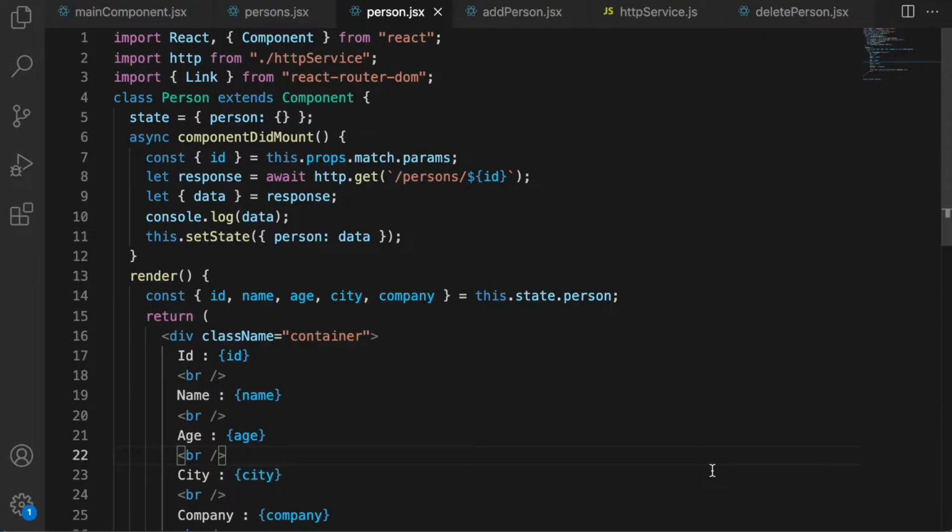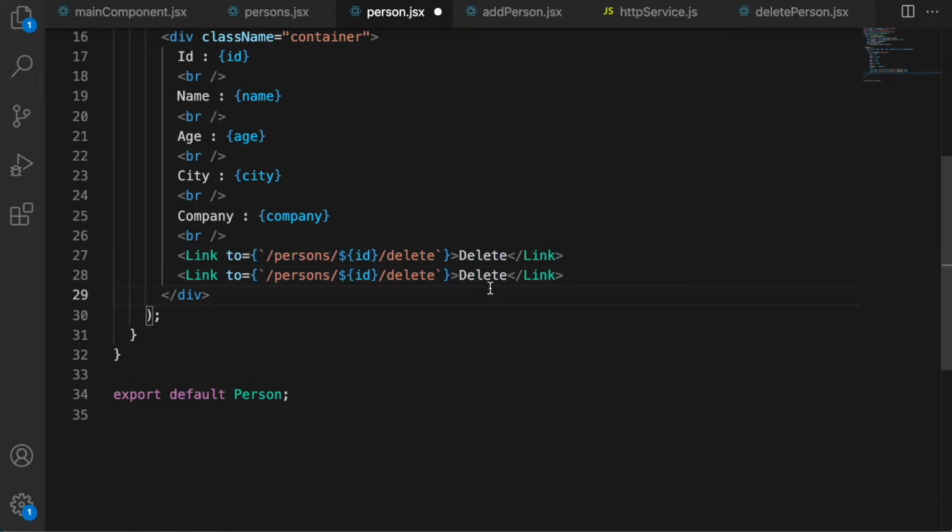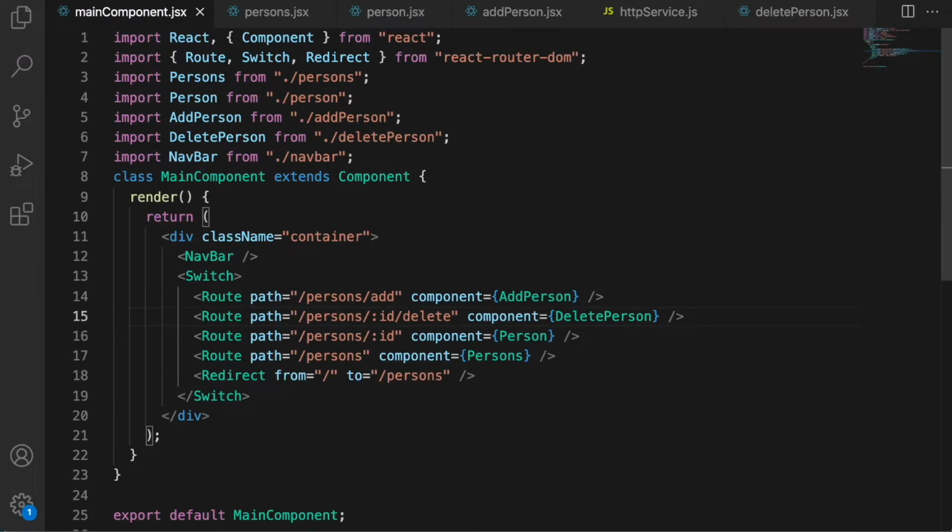So let's go to our person.jsx and what should we do? We will put a link to edit. So let's put that, this will be edit and the 2 will be this.